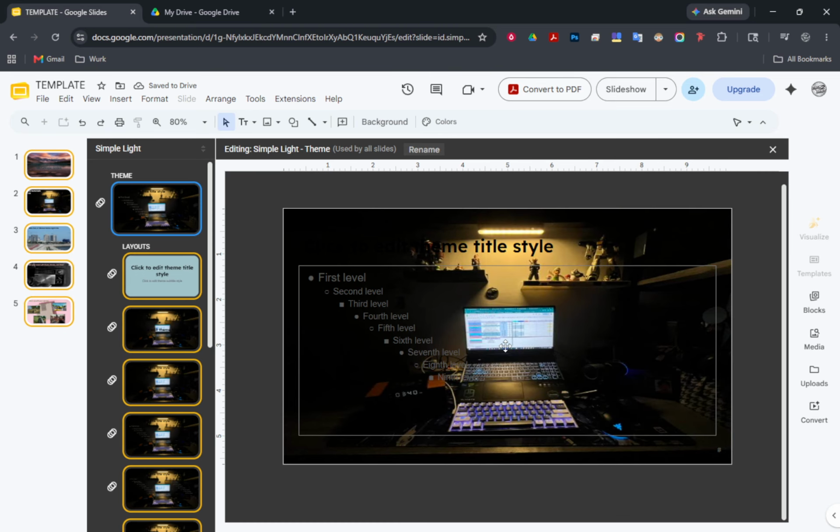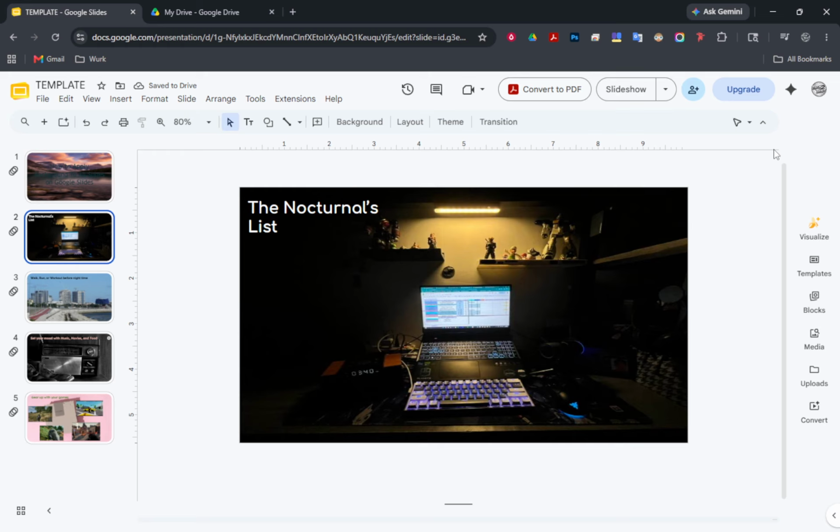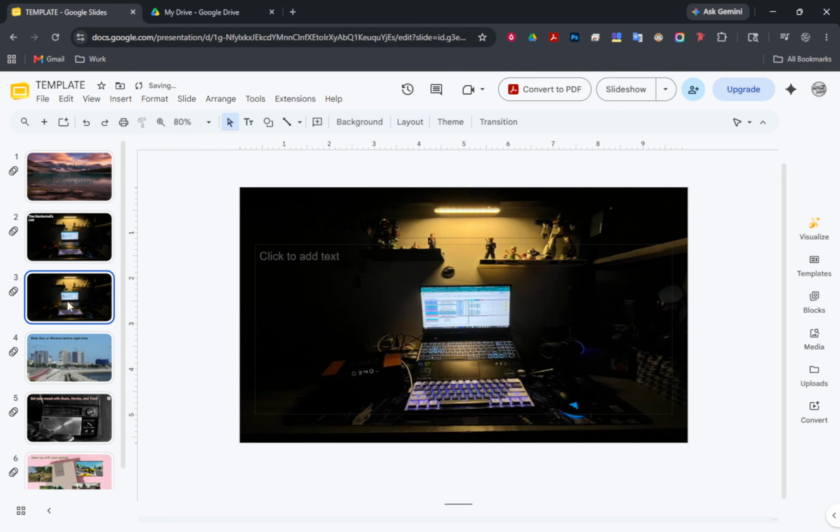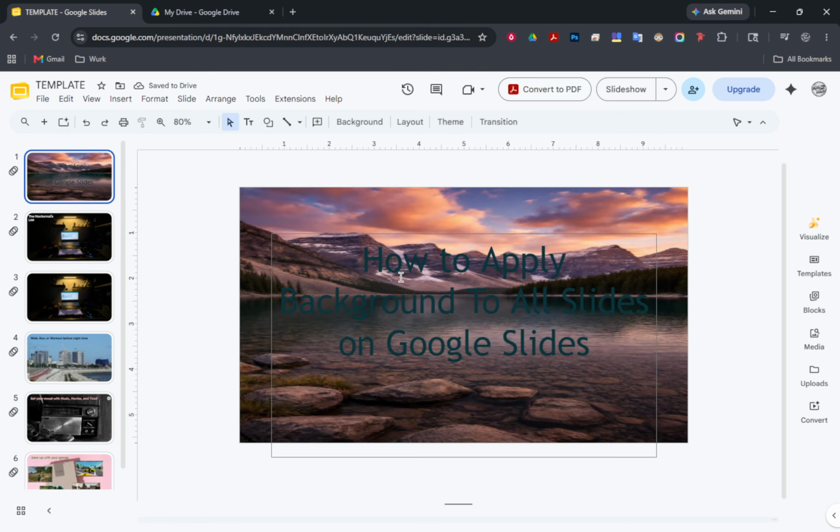To recap the choice between the two, using Add to Theme from Change Background is the quickest one-click way to apply a background across every slide. It's ideal for fast updates or quick branding. Editing the theme through the master slide gives you deeper presentation-wide control and is the best approach when you're designing for consistency and professionalism. That's it.